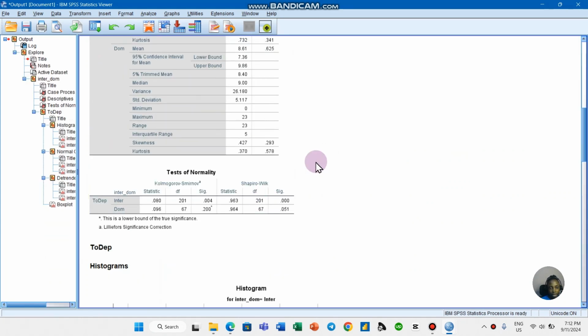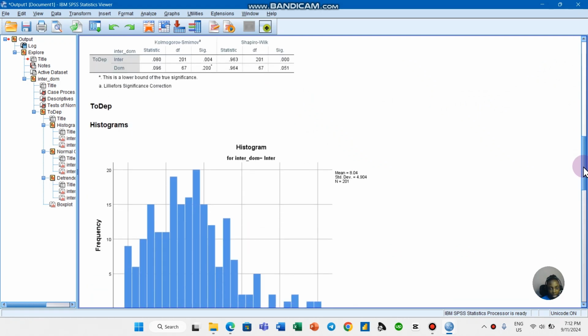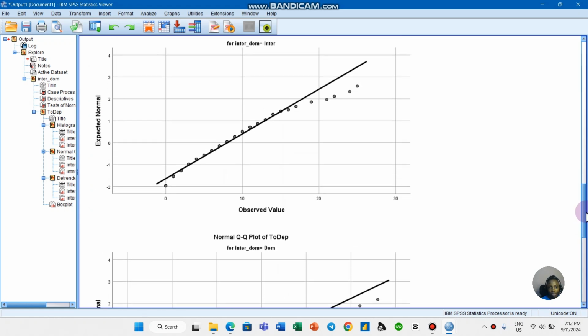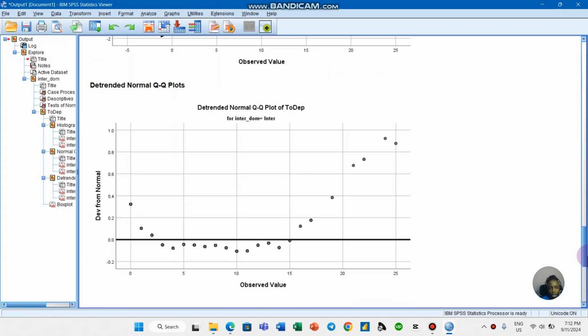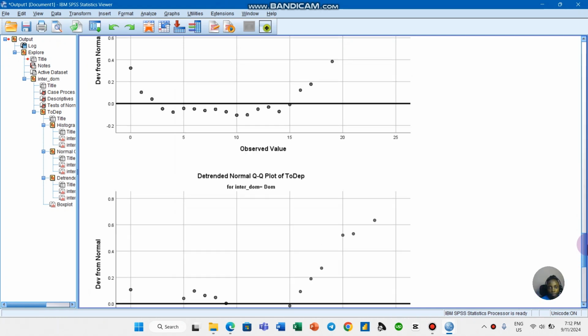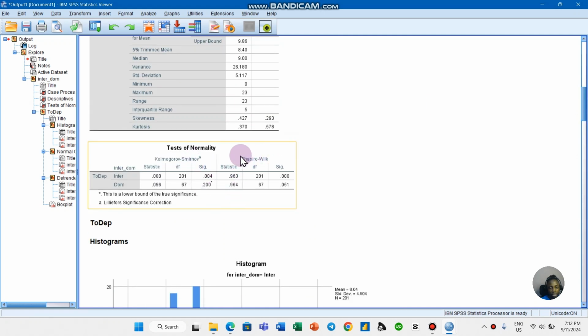After this, we can see the output that we have. We also have some charts. We have the histogram that I checked, and this normal Q-Q plot can also be used to determine normality, but I'll be using the test. This is the result of the Shapiro-Wilk test. This test is also for normality, so there's a way to interpret the two, and there are some criteria for which you can use either of the two. But for this class, I'll be using the